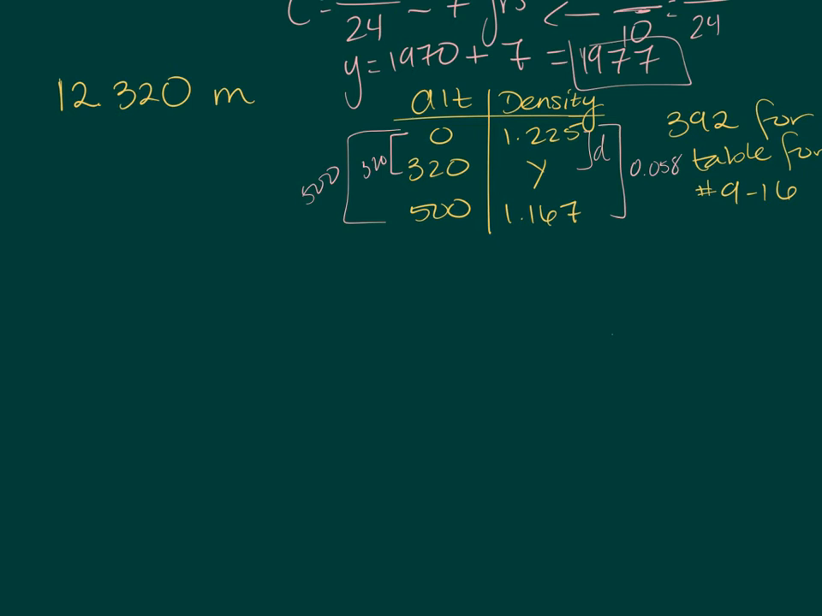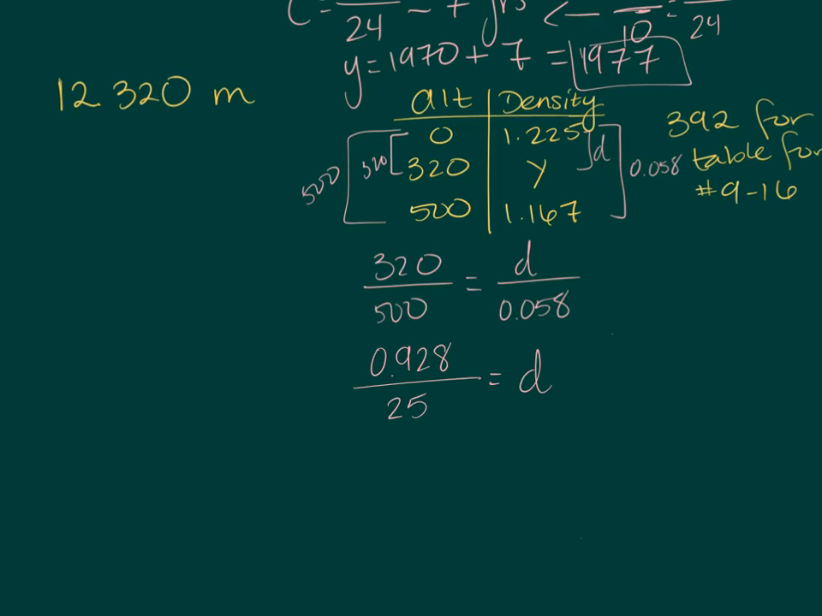So our proportion is that for 320 meters, our density changed d kilograms per meter cubed. With a 500 meter increase, our density decreased 0.058 kilograms per meter cubed. Just like with 4 and 8, we multiply both sides by 0.058 and solve for d. What I end up with is 0.928 divided by 25, which is equal to d, and that is approximately